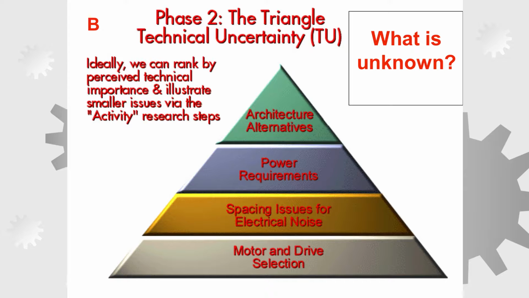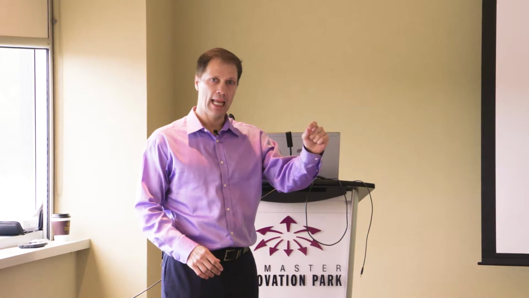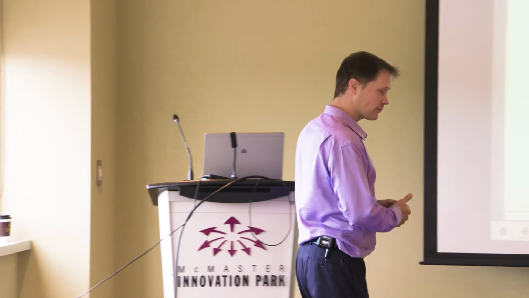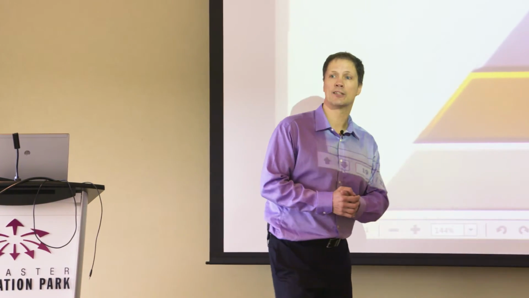So the next question would be, how do I illustrate my hypothesis? The government says I need a hypothesis or technological uncertainty. And generally speaking, we'll have a series of variables. You could call them W, X, Y, Z, A, B, C, D, whatever the case may be, but a variable will be something where I make a change in one variable and it could have an unpredictable upstream or downstream effect on other decisions. In Canada, they call that system uncertainty.